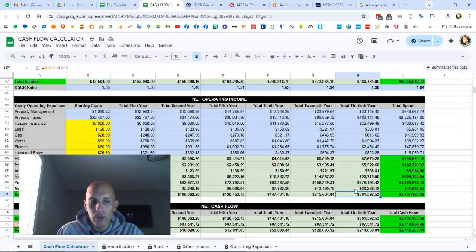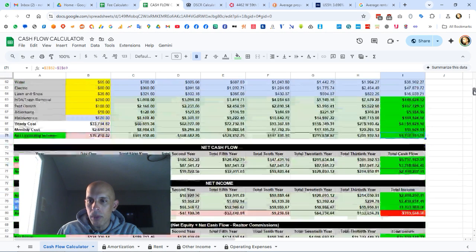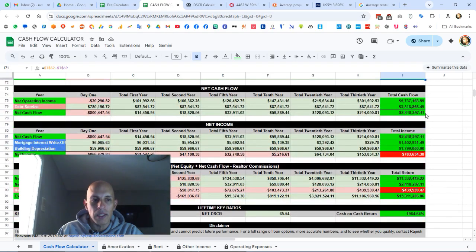So that might throw some of the net operating income figures off. But the important thing is, even if it's making money in that dire situation, then you know it's a good deal, because that's the worst case scenario and you're going to make more money than that. And you don't know if